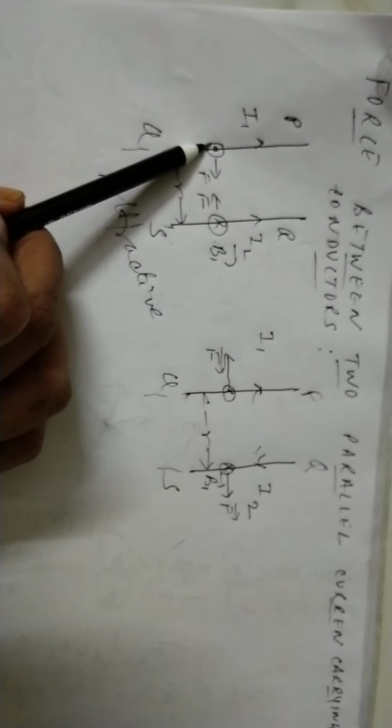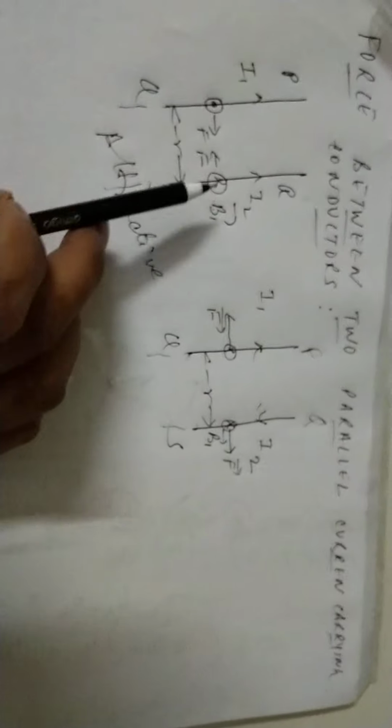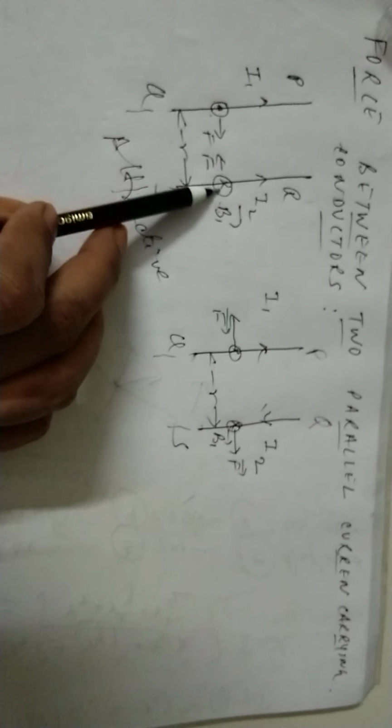Here you can see, here it is a dot. Dot means the direction of the magnetic field is perpendicularly outward, it is coming out, and if it is a cross, it is directly into the plane of the paper. So in one, the magnetic field is in the upward direction, the other one, the magnetic field is in the downward direction. That is the reason you can very well see that there is a dot and there is a cross.